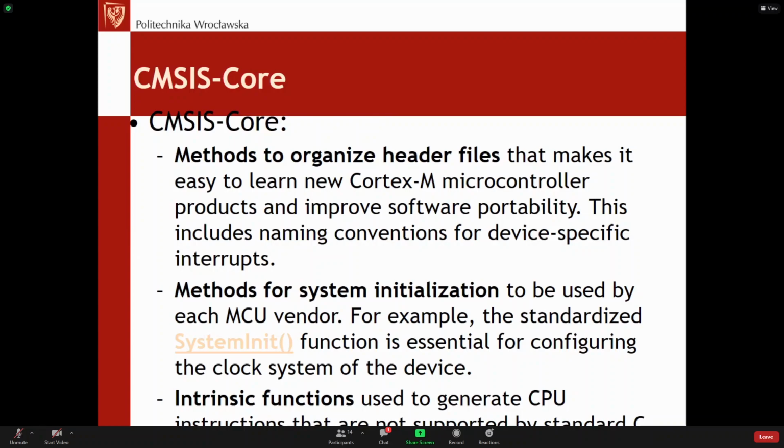Additionally, I forgot about it, we've got some methods of organization of header files. The header files consist of definitions, and with CMSIS there is a certain naming convention, so that you read the name of the header file and you see which family of processors is described in that particular header file. Then we have the system initialization, standardized a bit as well,